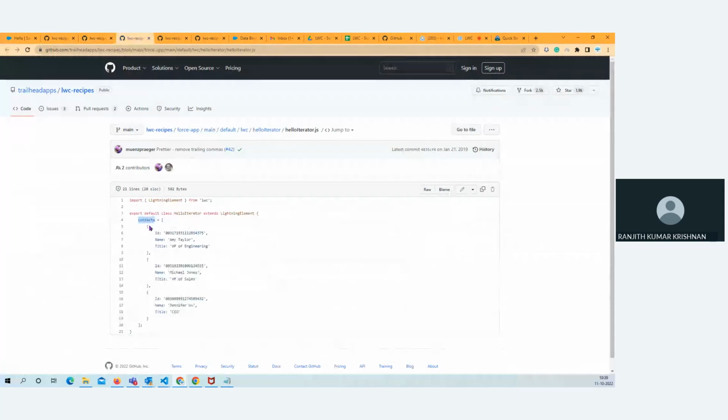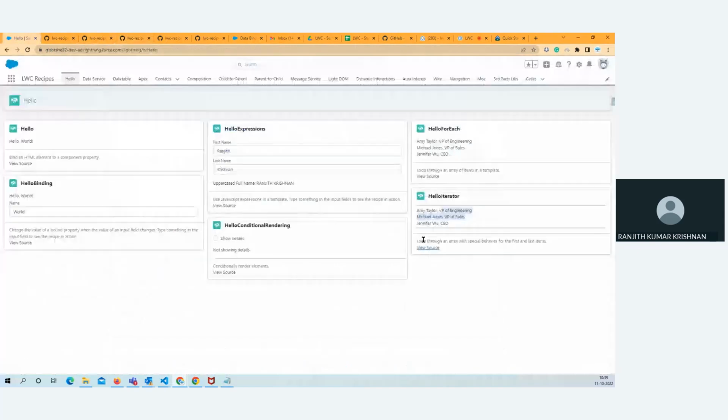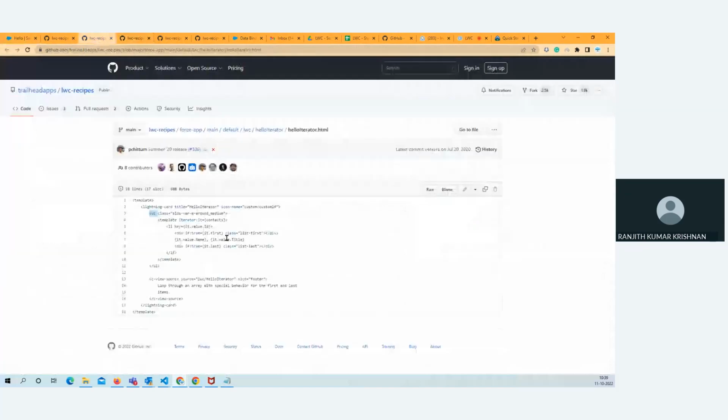In the contact, they've given an ID, isn't it? It's an array. There are 3 values. That is what you are seeing in the UI. So the contacts, they are referring with the help of an iterator. You know, iterator is also one of the attributes of template, like for each. You can also render the values like this. If you use an iterator, there is a